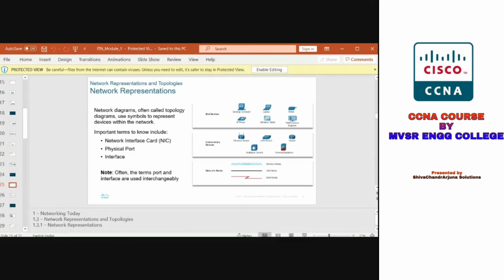How many layers in the OSI model? 7 layers. Okay, good. In TCP/IP, 4. Good. So in real time, the OSI model never works, but TCP/IP works here. Okay, so the network interface card has the MAC address here. Okay, 48 bits, 6 bytes you can say.